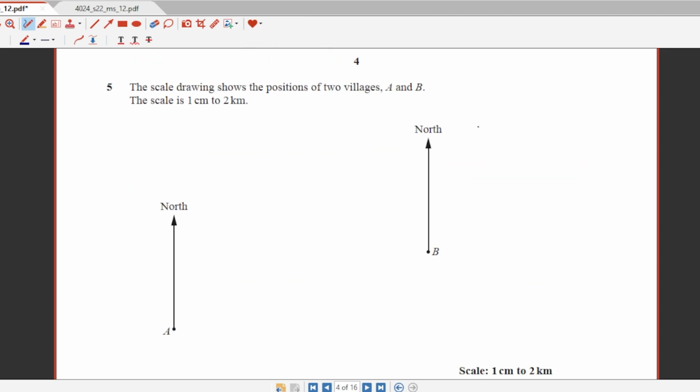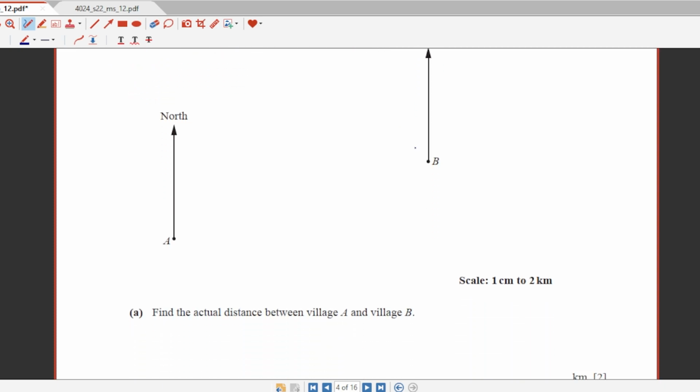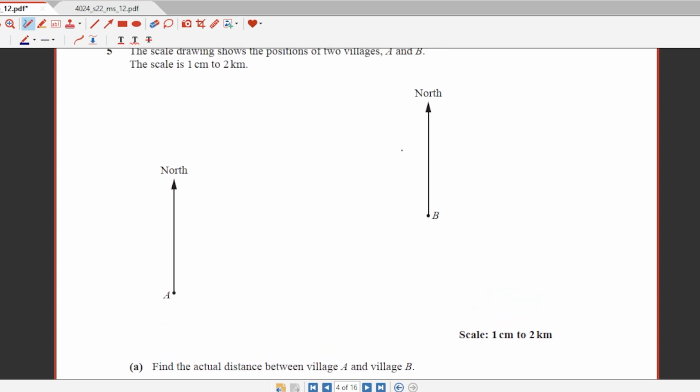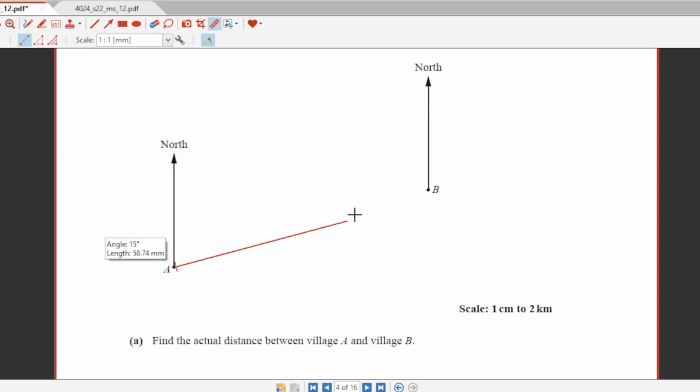The scale drawing shows the position of two villages A and B. The scale is 1 centimeter is to 2 kilometer. What's the requirement? Find the actual distance between villages A and B. We need to find the actual distance. First of all, you need to measure the